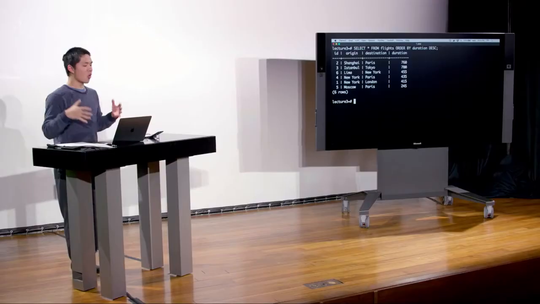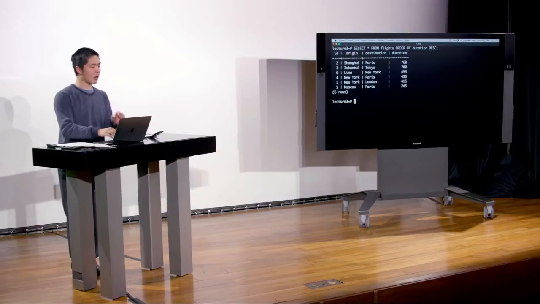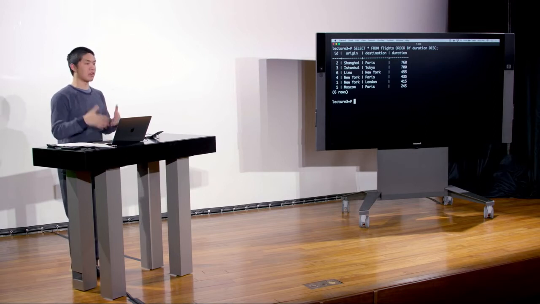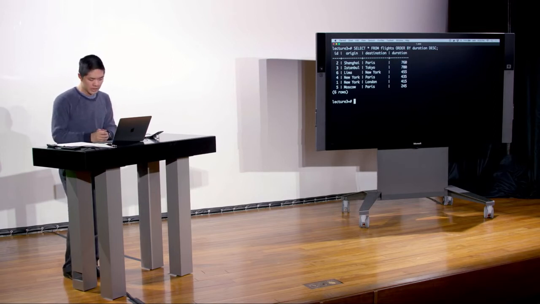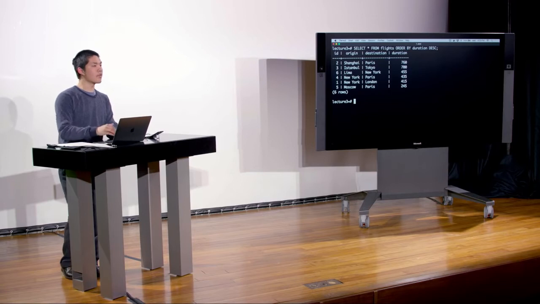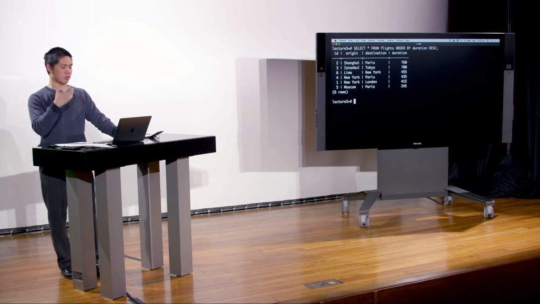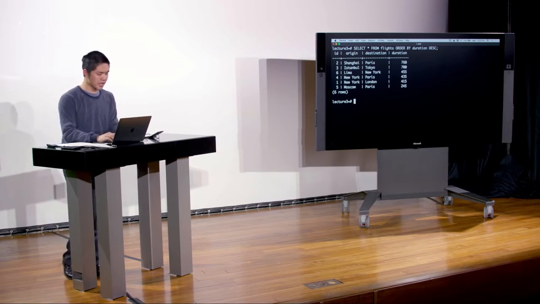Is there any tool I can use for this PostgreSQL? Good question. Is there a tool for like interacting with the database? Yeah, great question. So there are a couple different ways that you can go about interacting with the database. One is via the command line like we're doing now, where I'm just typing in SQL commands directly into pSQL, which is a program that lets me run commands in the database. One that we are going to provide for you in this course, which will prove quite useful to you as you work on your project, is called